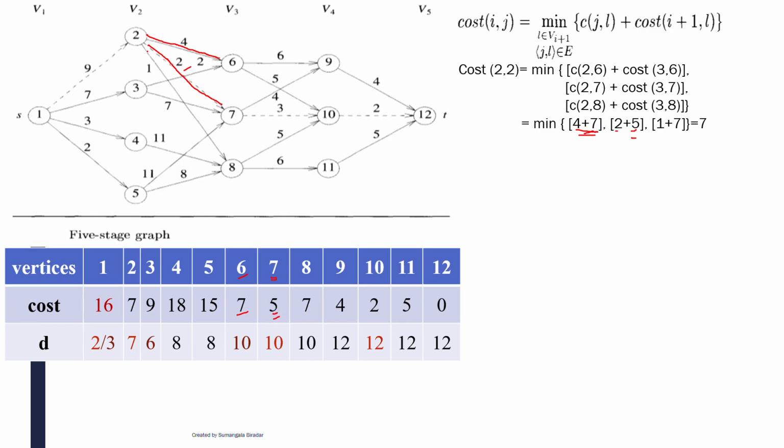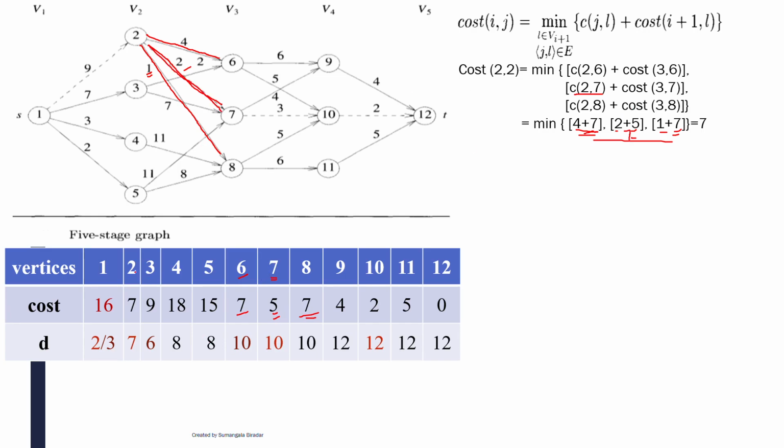Same thing, 2 to 8 is also connected. And what is the edge cost now? It is 1. And from the table for vertex 8, the cost is 7. So that one you substitute here. So now 7 plus 4 is 11. Okay, 7 and 8. Among these three, which one is minimum? 7 is the minimum. Which edge, if you consider, gives the minimum? This is 2 to 7 here.